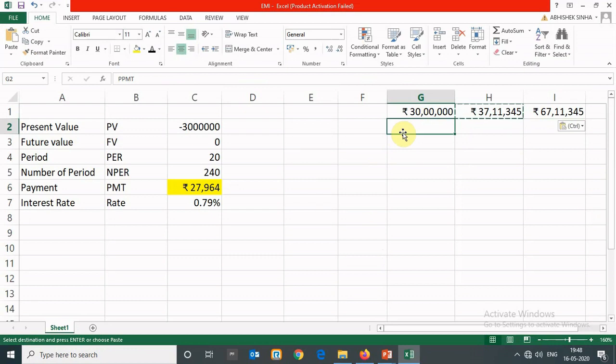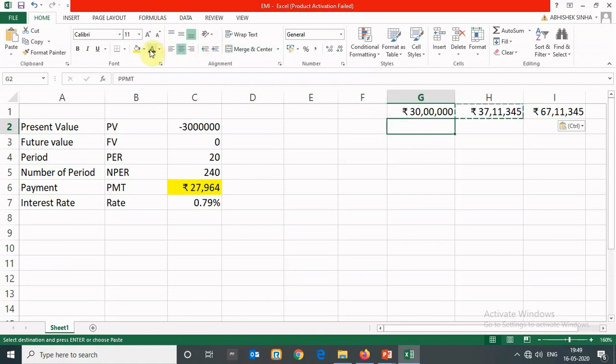We generally ask the bank what will be the principal amount and what will be the interest amount for a financial year, because we have to take some tax benefits. On the principal amount we can take benefit in the 80C category of income tax, and the interest amount we can claim under income from house property. Okay, so we generally ask the bank, but for a rough idea we can calculate it at home also.